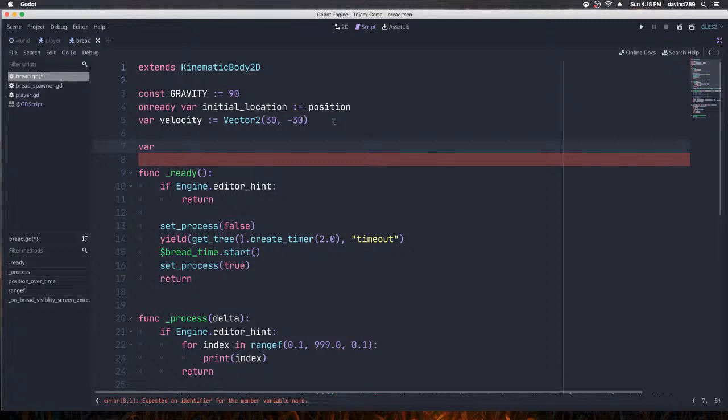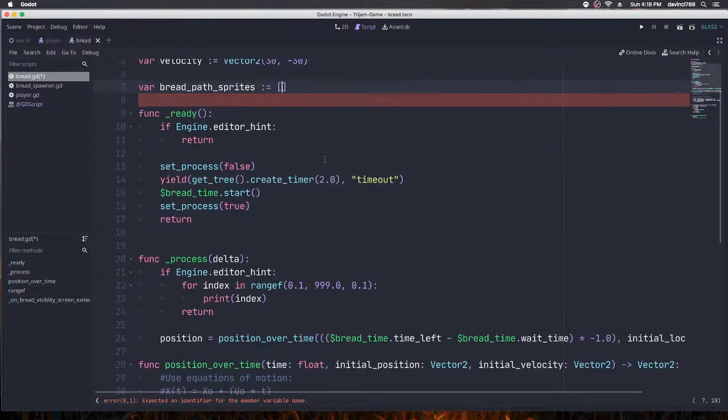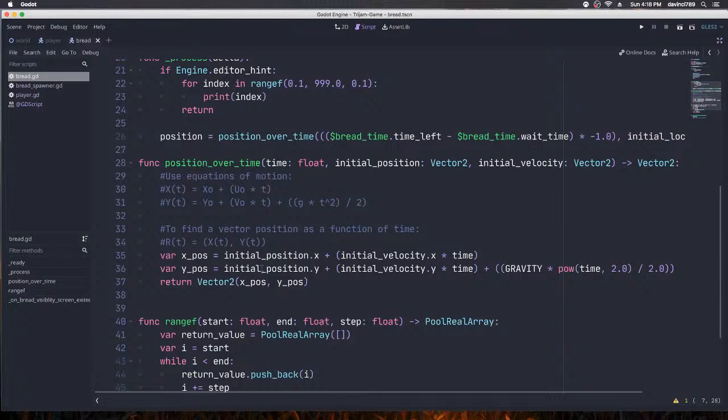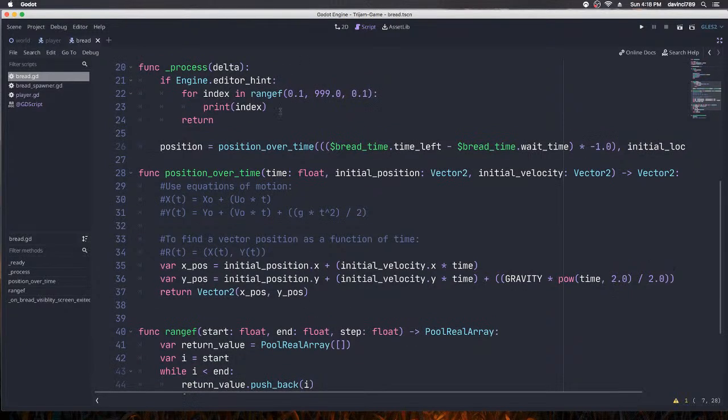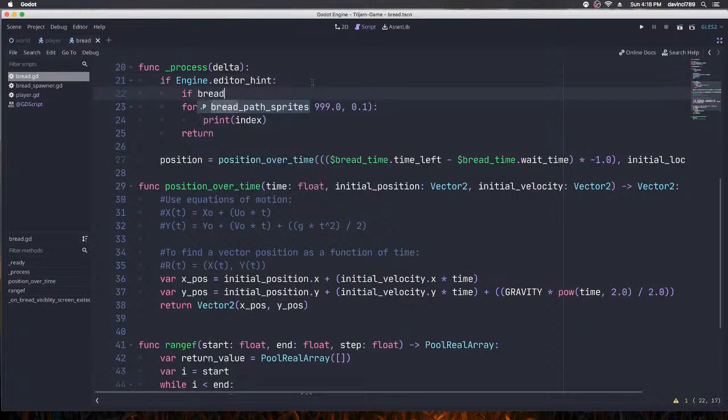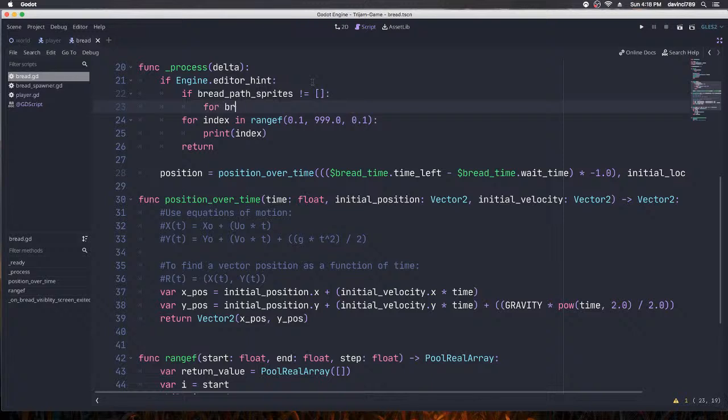This is basically going to hold the sprites that will visualize the path that our bread will take. So bread path sprites. Okay, sure. If bread path sprites not equals 0, for sprite in bread path sprites,